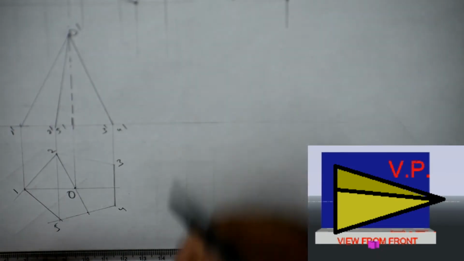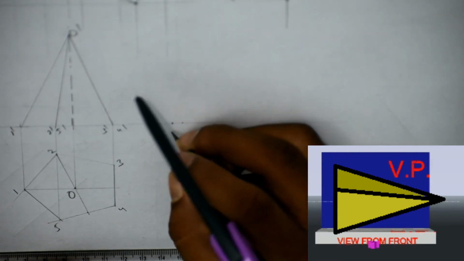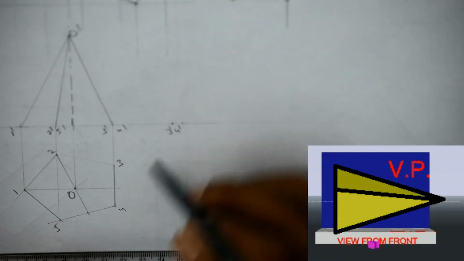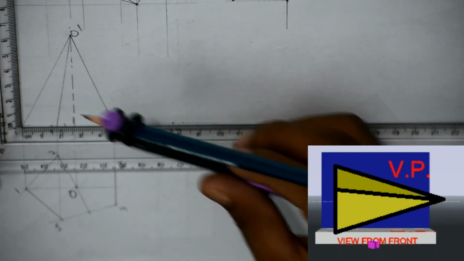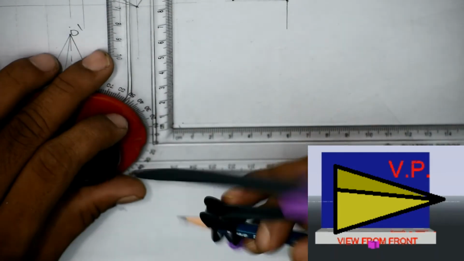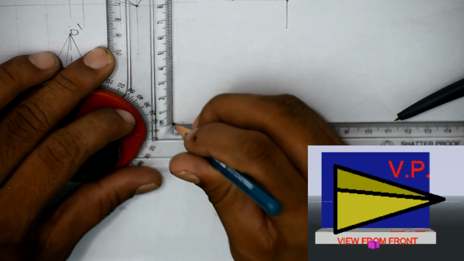For example, maybe I will take a point somewhere here. This is my 3 dash and 4 dash. So this 1 dash will come in alignment with this line only, and its height would be 47, as you can see here. So you can easily just draw this line above 47.